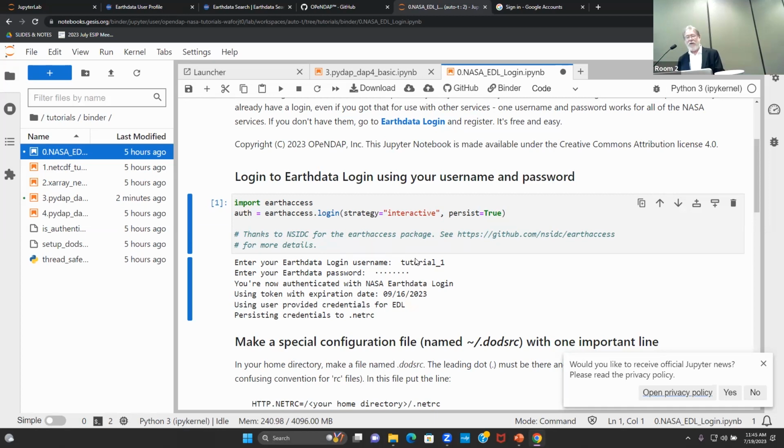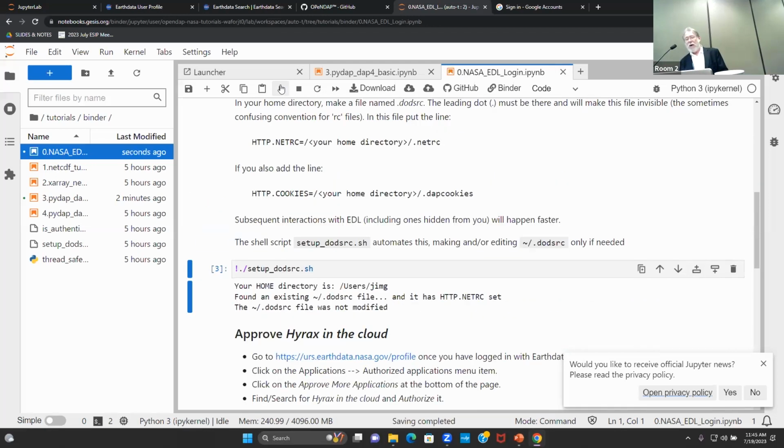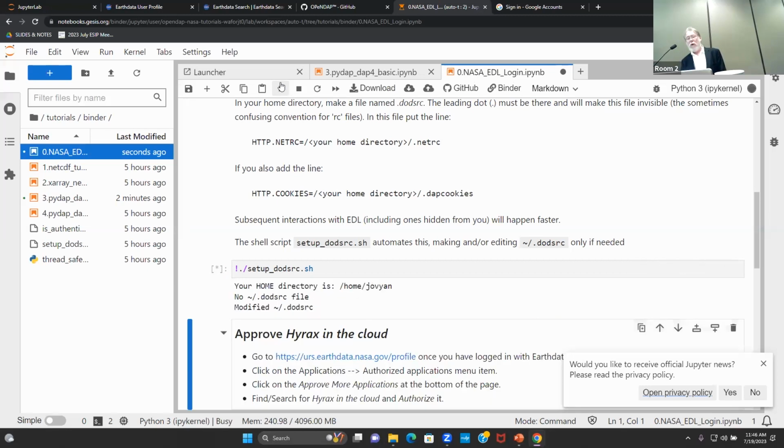That's kind of the workaround for this technology. Then we're going to do another step. We're going to create something called a .dodsrc file. And this .dodsrc file is going to tell certain pieces of software, hey, you're going to go find a password in this .netrc file. So this is like a configuration for the DAP-aware software. And so what happens is you run this little shell script called setup .dodsrc, and it does that for you